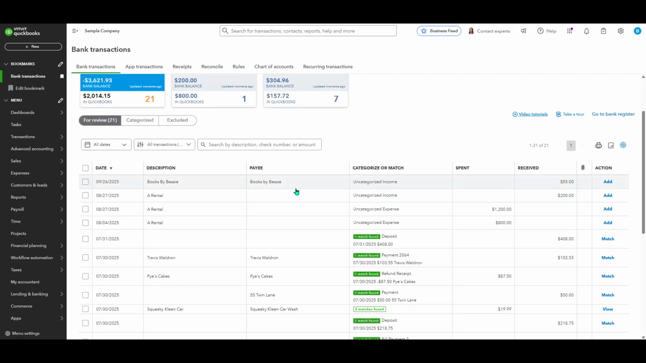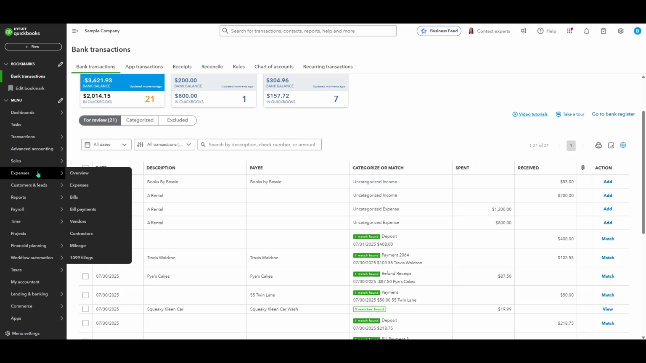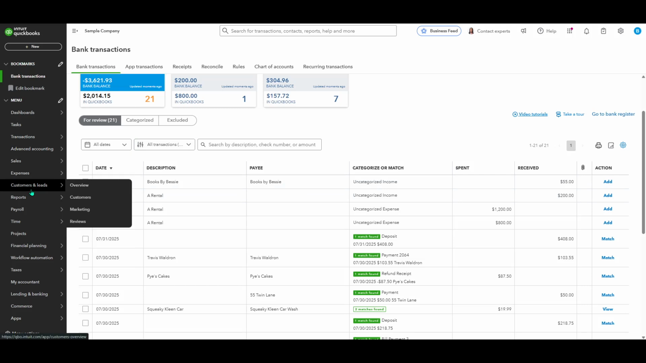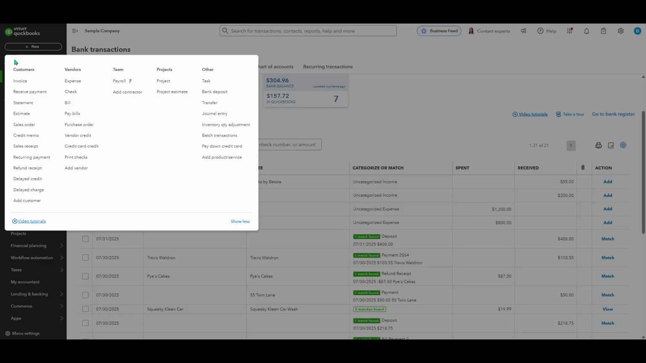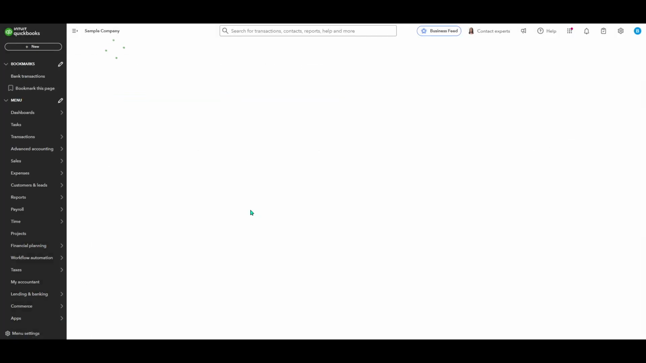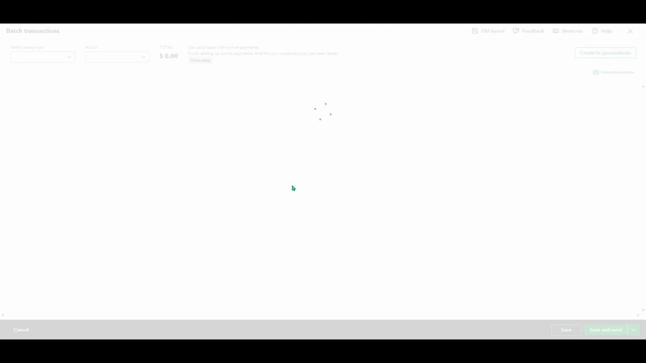First, head over to your QuickBooks Online Advanced dashboard. You want to start by clicking on New, located conveniently at the top left corner of your screen. It's here that you'll need to select Batch Transactions from the drop-down menu. This action takes you to a table view specifically designed for batch processing, where you'll enter all the necessary information